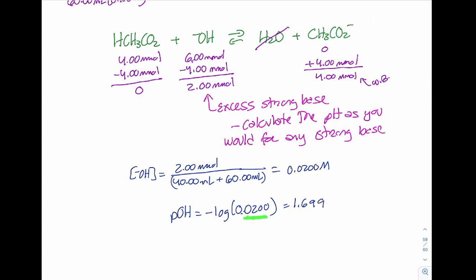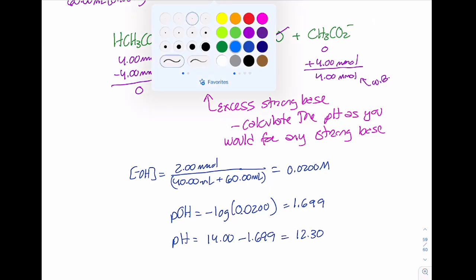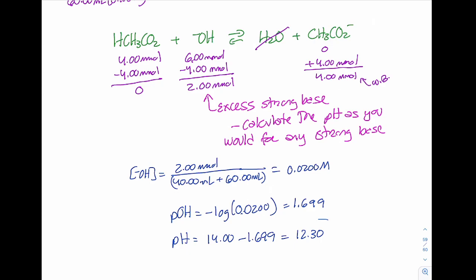There's 3 here, so I want 3 after the decimal point. And then my pH is going to be 14.00 minus 1.699. And I get 12.30, which incidentally is the same number that we got when we were doing our strong acid,